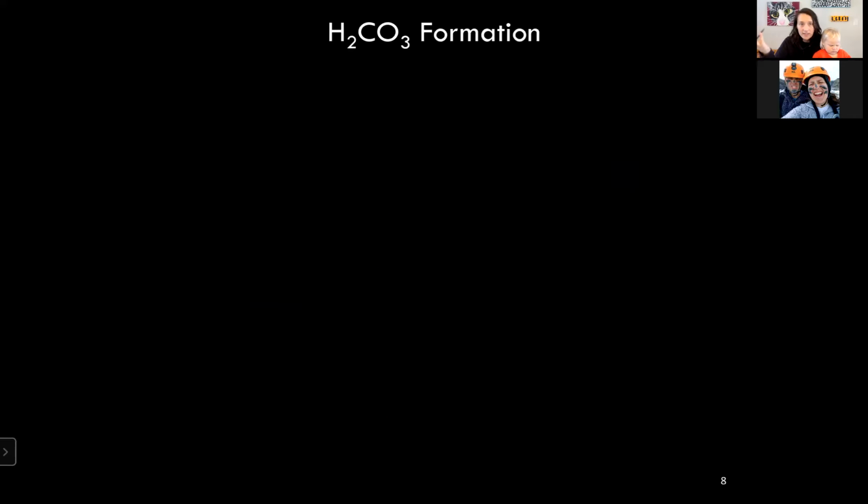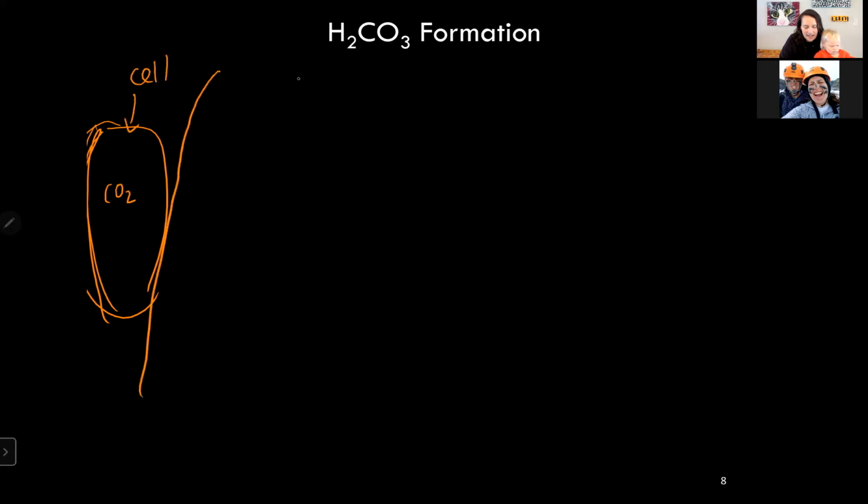So how does this H2CO3, our carbonic acid, form? Okay, this is just a quick recap. So inside our cells, right? Inside the cells, we've got the respiration going on, so we're creating a lot of carbon dioxide. So this is a cell. Okay, we've got our blood veins. So here we've got blood coming through, which is going to be providing oxygen, right, on hemoglobin. So our red blood cells are bringing lots of oxygen, and oxygen and carbon dioxide are going to freely